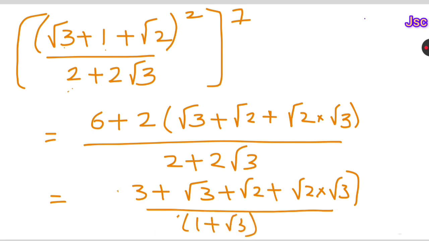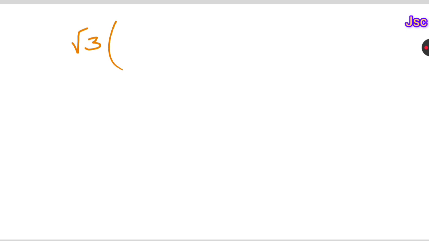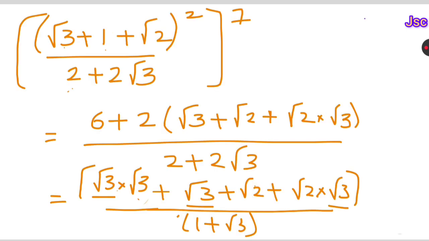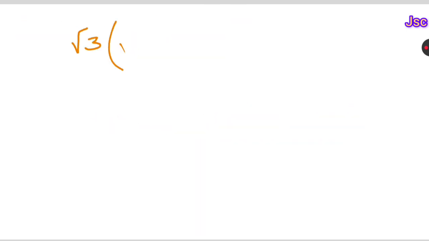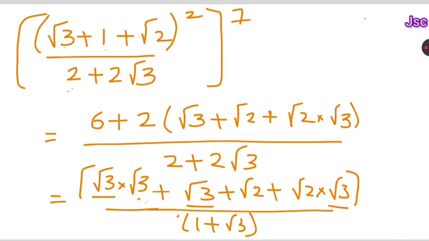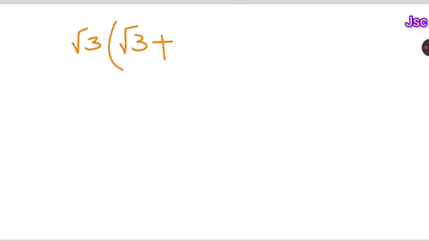At the numerator, each and every term has a square root, except this 3. That's why I am converting this 3 in terms of root, that is root 3 times root 3, which gives 3 only. So here root 3 and here root 3, take it as common. If you take root 3 from the first term as common, you are left with only root 3, plus, the second term is only 1, we are left with only 1, plus